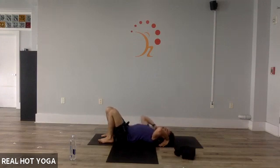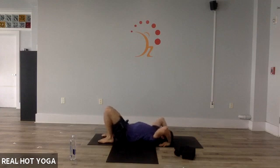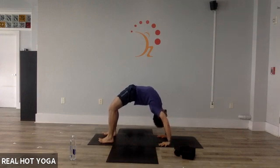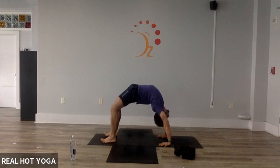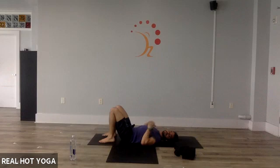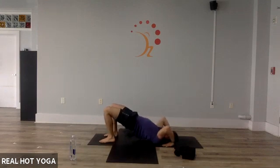Bridge or wheel. Come on, go. Work your fundamentals right here. Feet on 12 o'clock. Ground both hands to the earth. Straight arms. Press down, lift up. Come all the way down. Breathe in. Breathe out. Wheel or bridge. Go. 5,